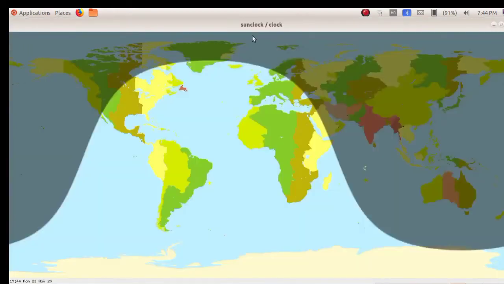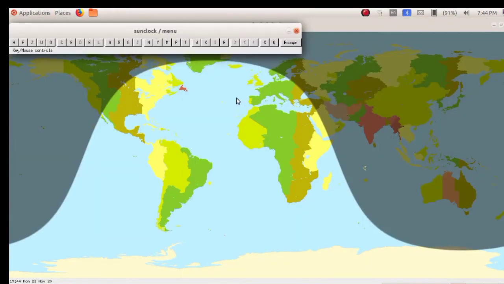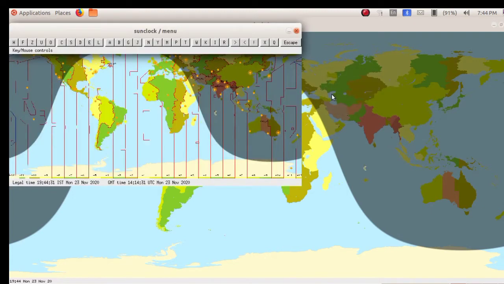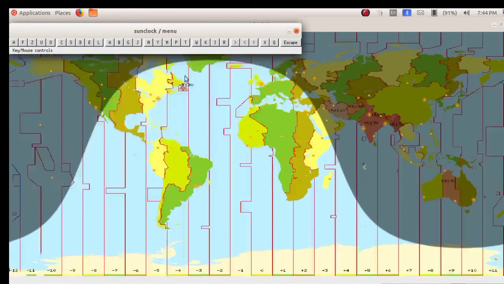Next, just maximize that. Clicking anywhere you can see the menu bar. Next, we can include the clock and map tool, that is in the exclamation. These are the usual steps that we have discussed in the previous class. Now we want to display the main longitudes and the latitudes in the zone map.